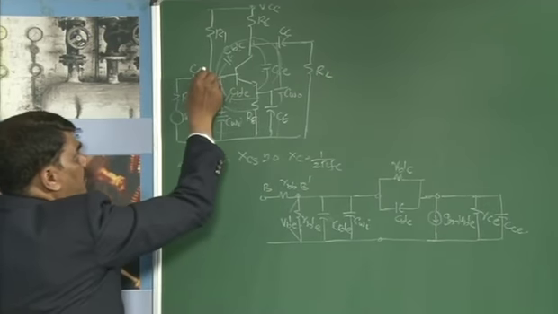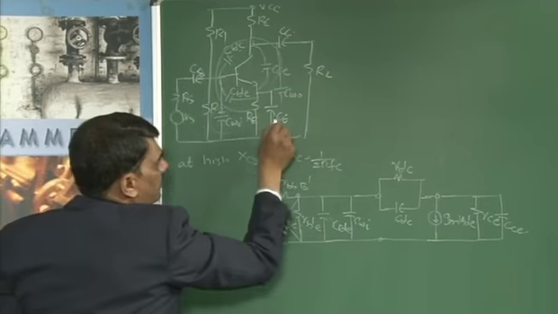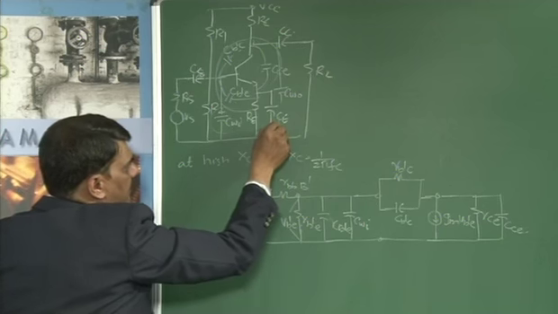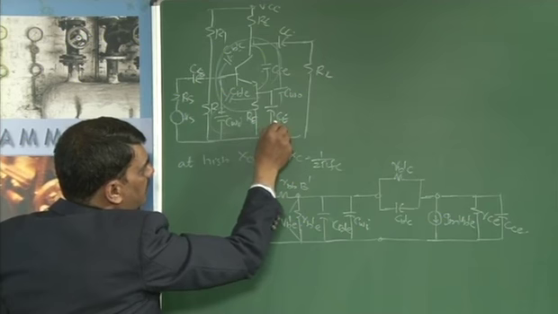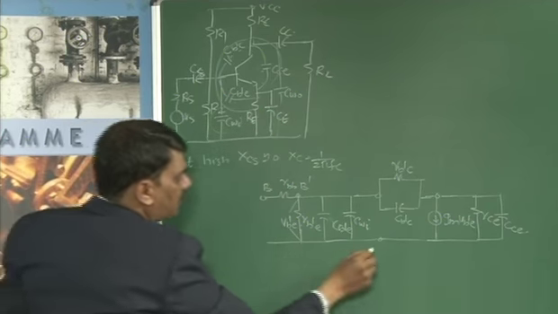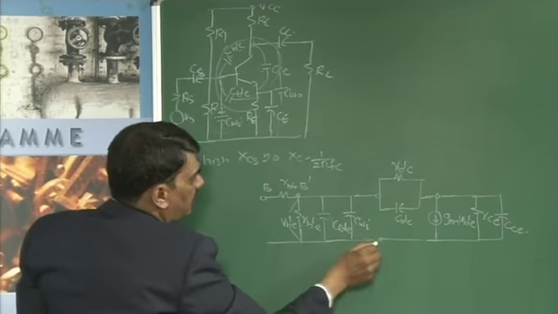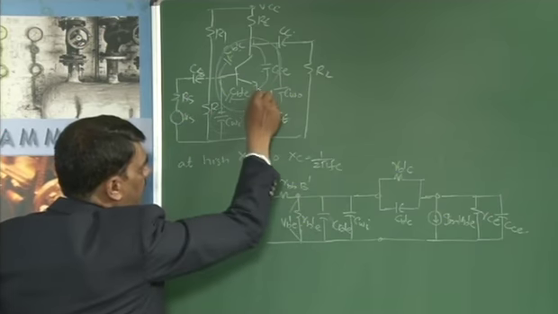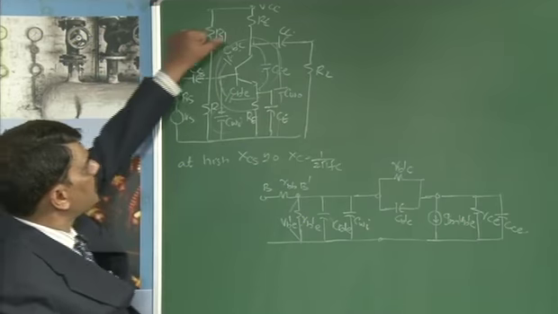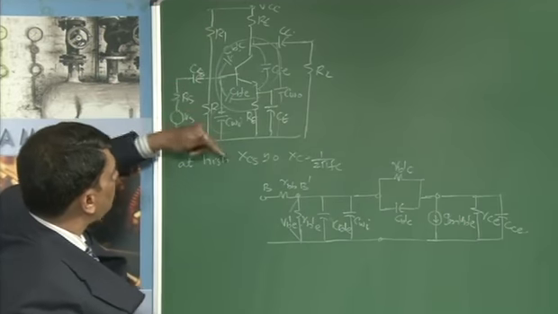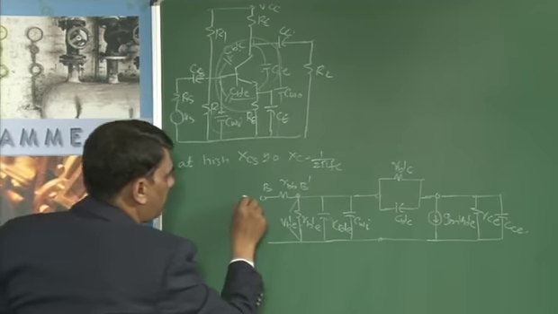Therefore, the effect of Cs, Cc and Ce at high frequencies is that they act as short circuits. Because of this, the Re and Ce combination acts as a short circuit. Therefore, the emitter resistance Re is grounded; the emitter is directly connected to ground at high frequencies. And for the other resistances R1, if you are looking into the input side, this R2 already lies in between